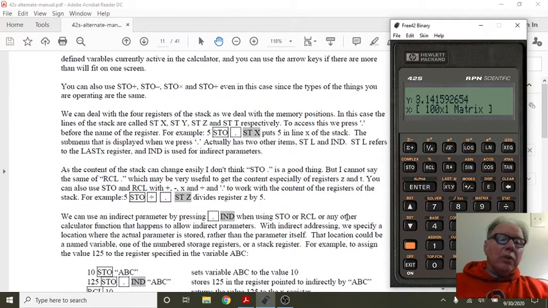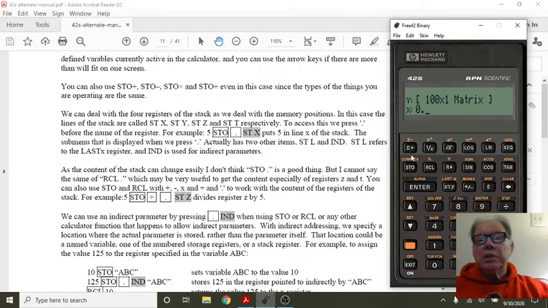We can deal with the four registers of the stack as we deal with memory positions. In this case, the lines of the stack are called STX, STY, STZ, and STT respectively. To access this, we press period before the name of the register. For example,